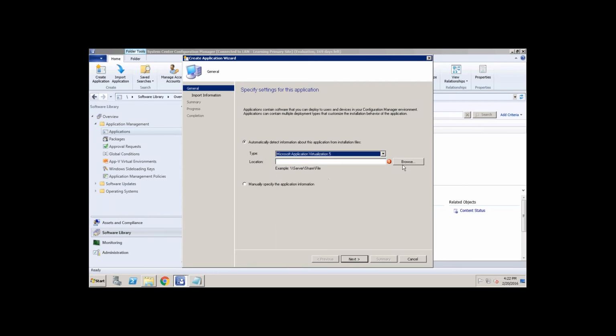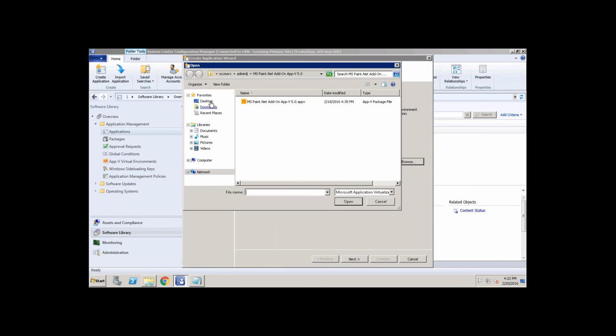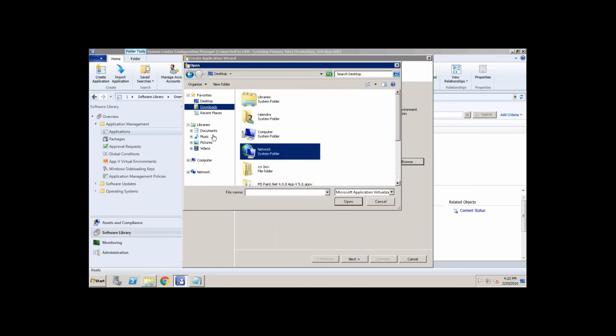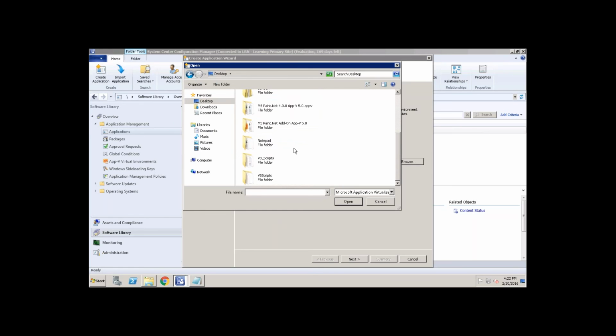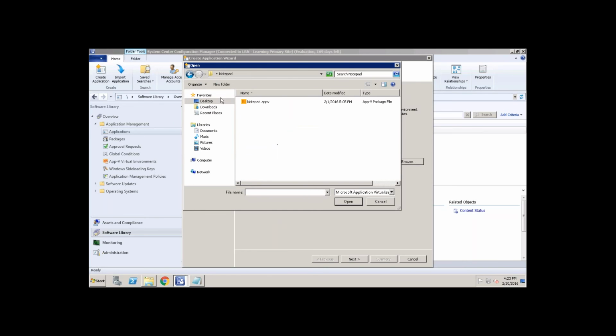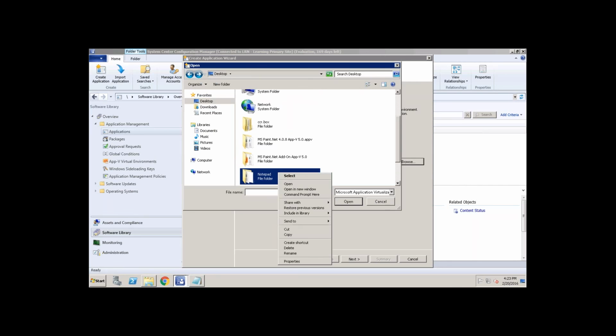But do I have a package? I have a Notepad package.